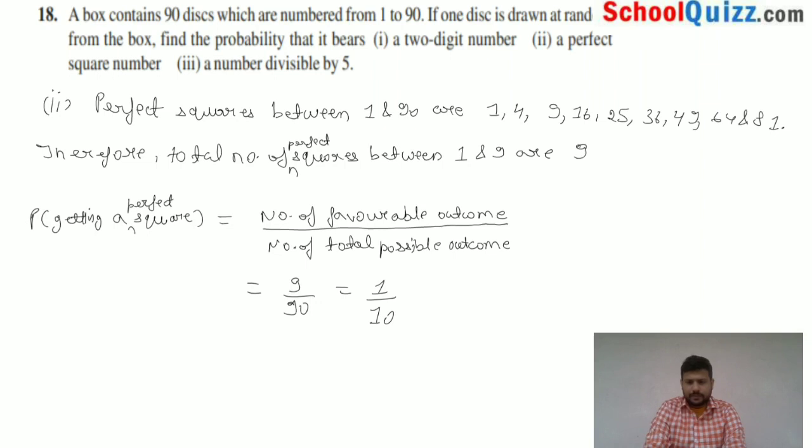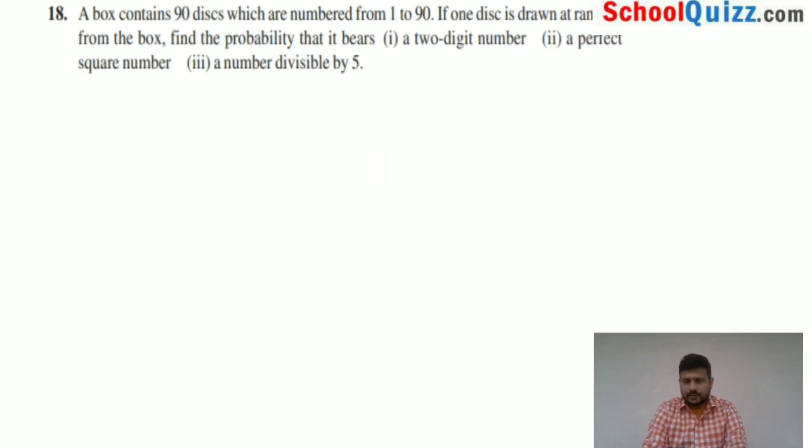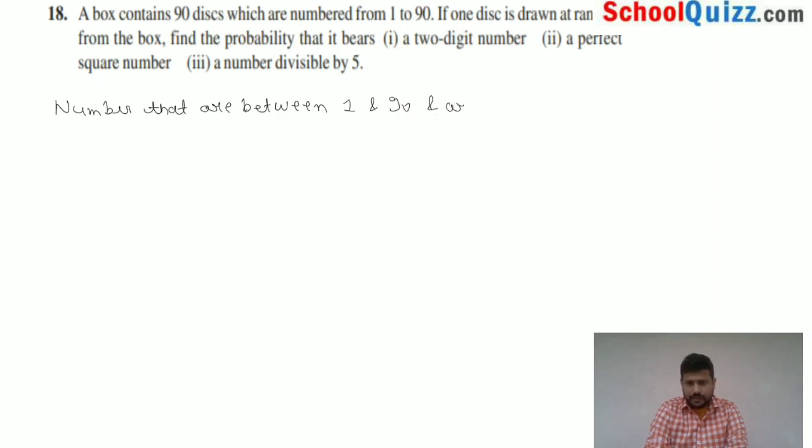1 by 10 is the probability of getting a perfect square. Now let us proceed to the next part of this question. The third part states a number divisible by 5. Numbers that are between 1 and 90 and are